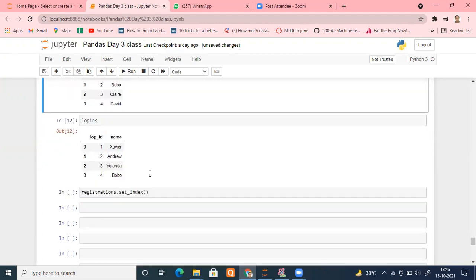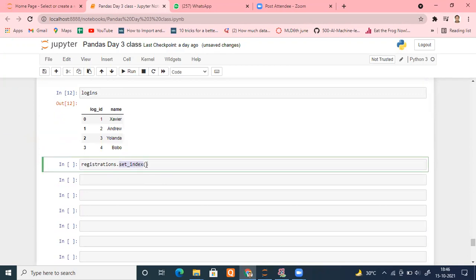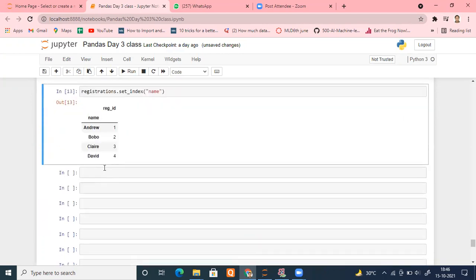You can make any column an index. How? Just type registrations dot set index and put the column name which you want to make an index. So I can type name, and once I run this, you can check it. My name has become index now. It's no longer available as a column.